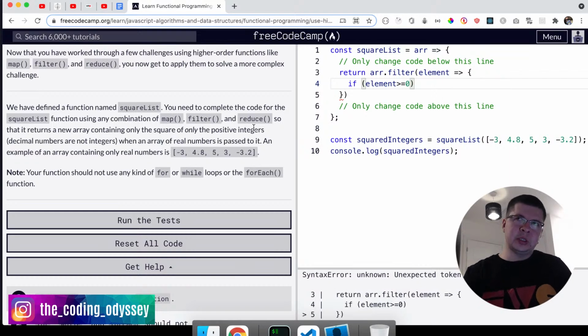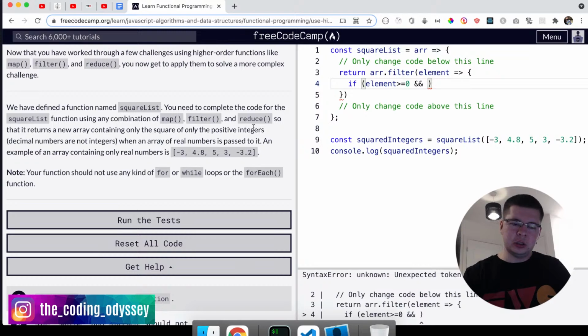I think that's positive. I think 0 is still positive. I'm not sure about it, but also it should be an integer, so it shouldn't be a floating number. So I think what we need to check for that is we want to say this and we want to say that